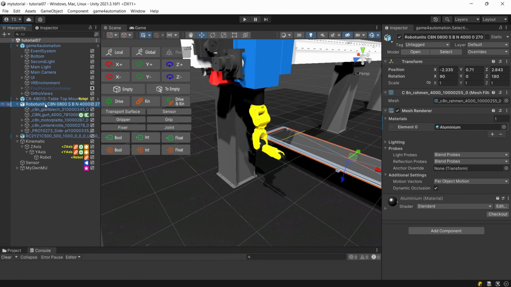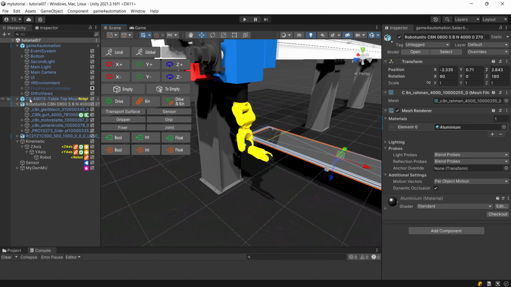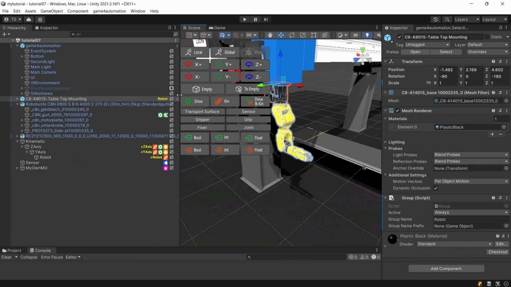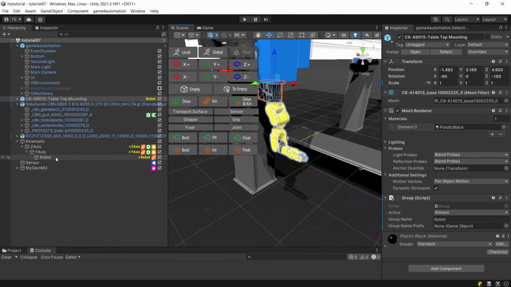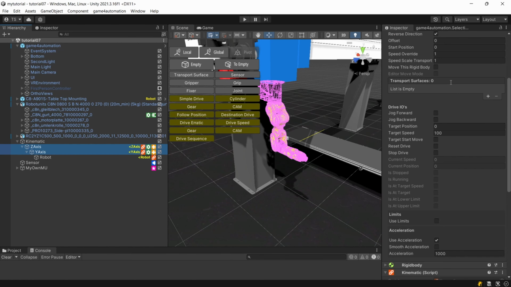I included the robot into the scene as learned before, and I assigned the robot to a kinematic group and integrated the kinematic group down here below the y-axis, so that when starting our drives,